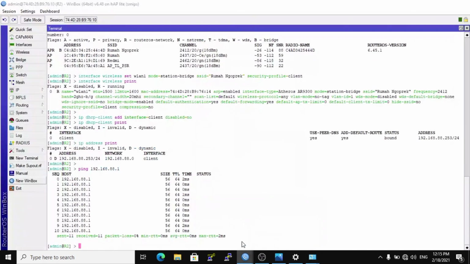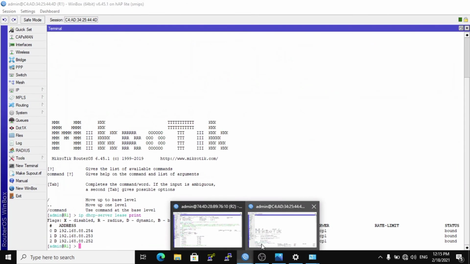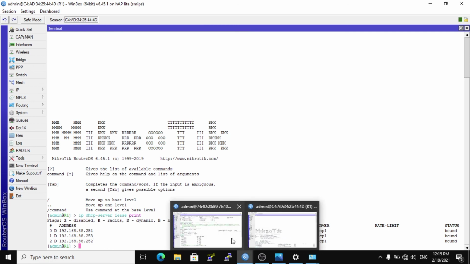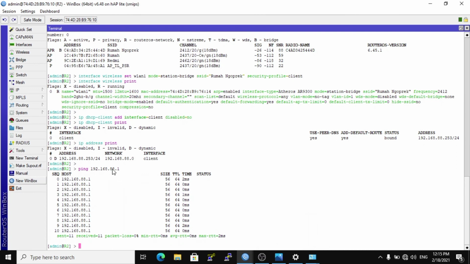Back again to Winbox, back again to router 1, and this is IP 192.168.88.253. This is router 2, IP router 2, 192.168.88.254.